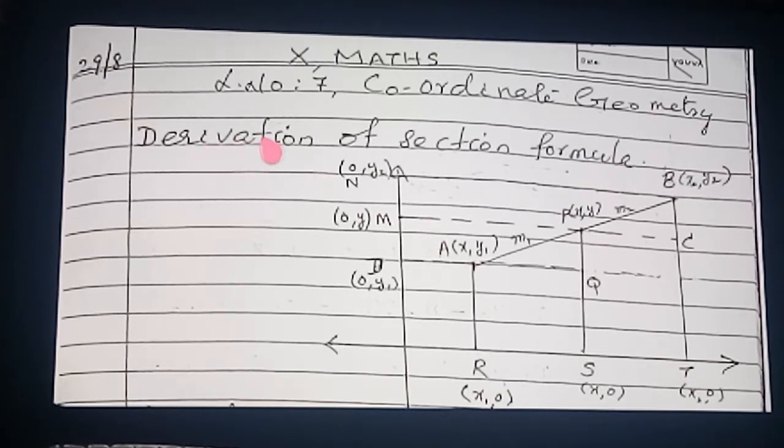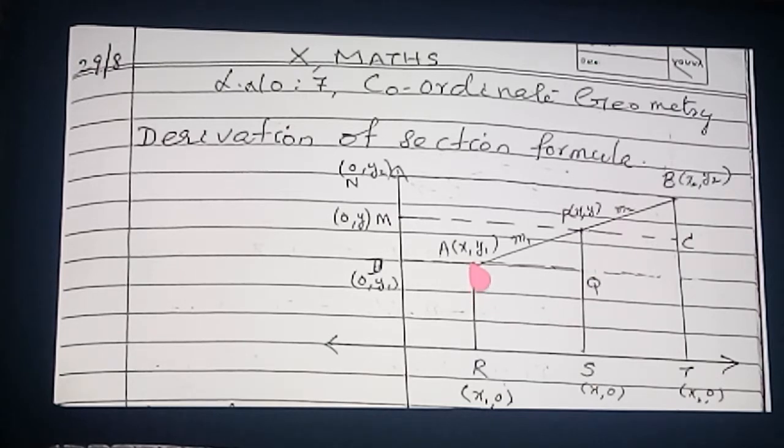Today we will explain the derivation of the section formula. Here A(x1, y1) and B(x2, y2) are two distinct points, and P(x, y) divides this line segment AB in the ratio m1 is to m2. Okay. So from the points A, P and B, we are drawing perpendiculars to the x-axis,